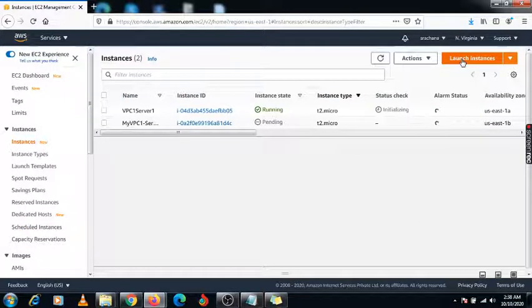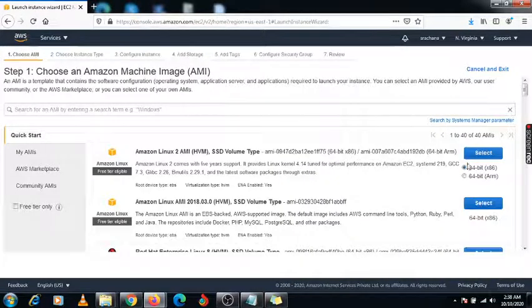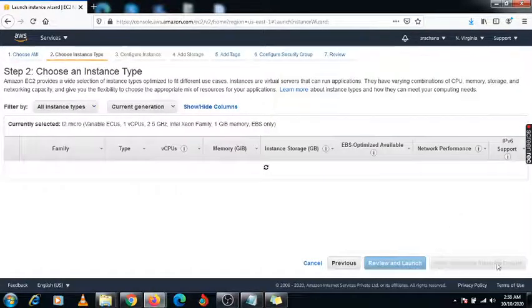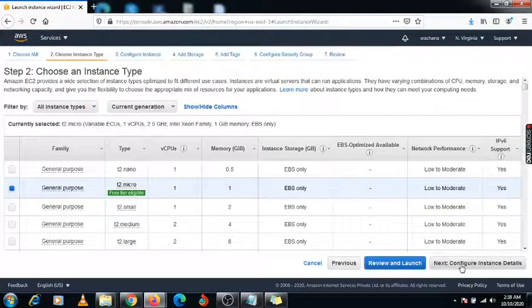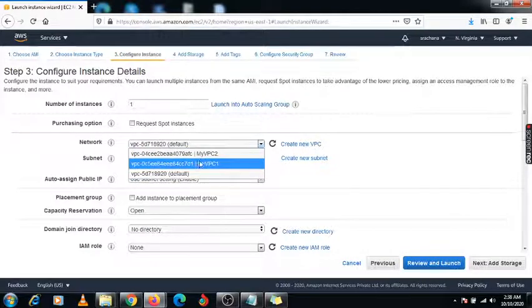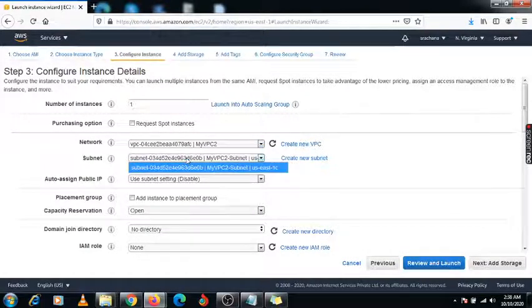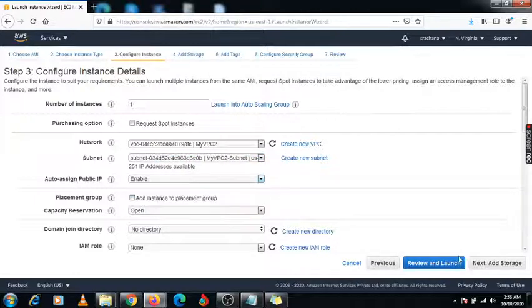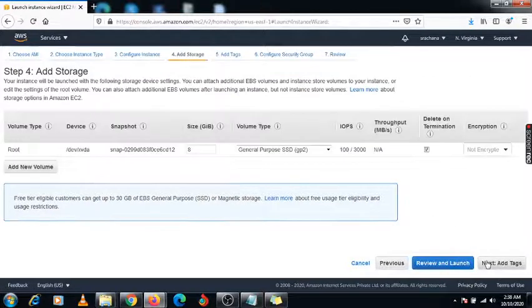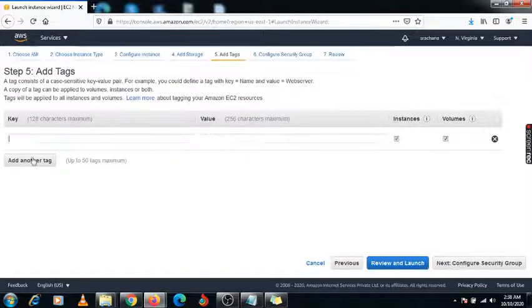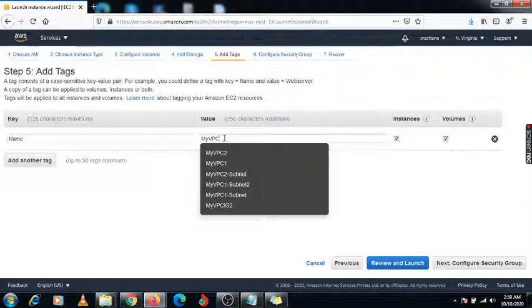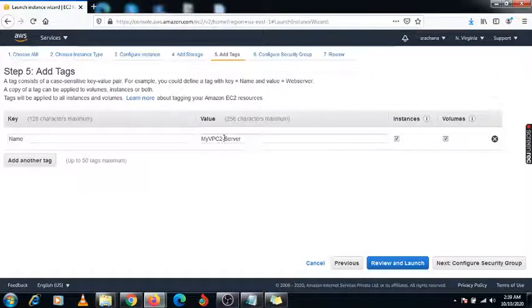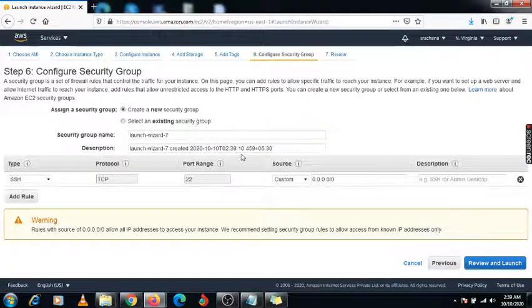Now we are creating this third Linux machine under this VPC2. Here you need to select VPC2, and here is the one subnet we have created. You need to enable it, click on add tag. Here I am specifying the name, my VPC2 server, configure.